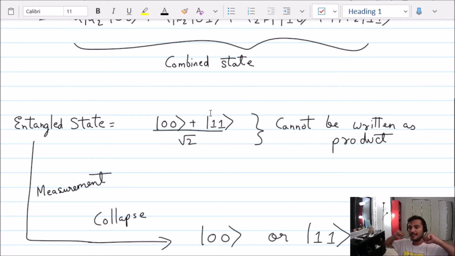Now imagine you take the first qubit to the moon and the second qubit you have on Earth, right? So if you measure the one that you have on Earth and you find it to be a 0, then you know for sure what the moon one will read when measured. So that's the crazy part. If you measure it and you find it to be 1, then you know for sure the moon qubit